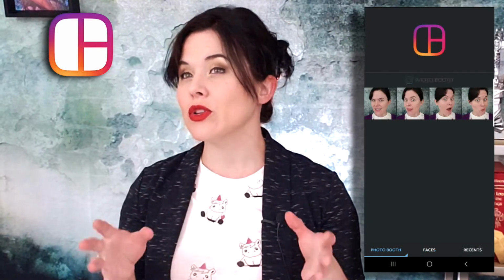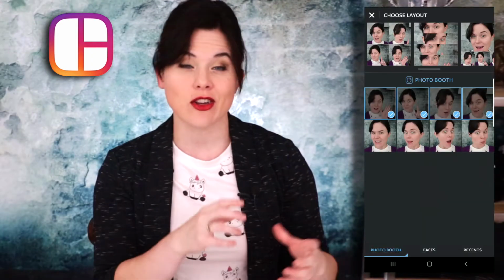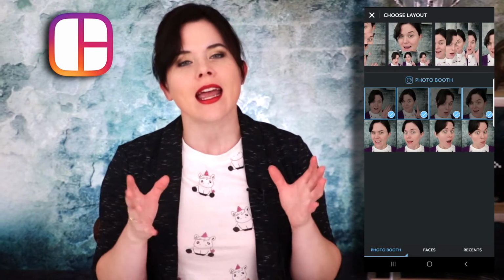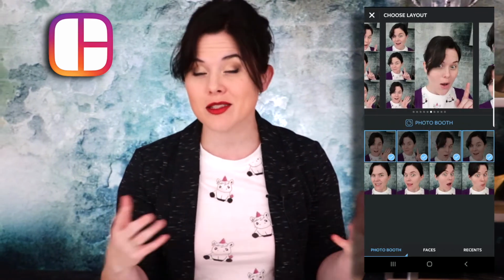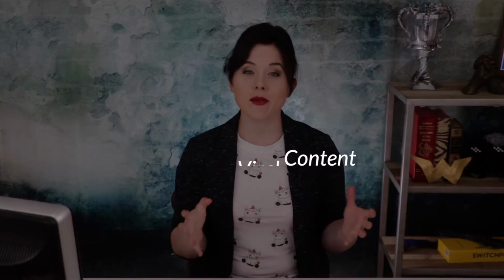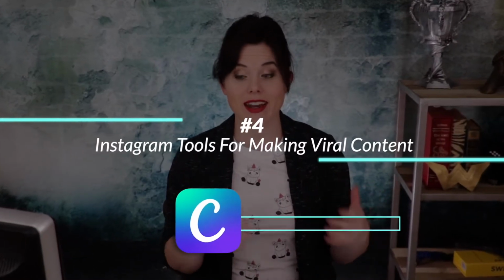So they have a pretty cool, unique feature called Photo Booth, and this takes a series of 4 pictures in a row, and then it populates them into different collages that you get to select which one you want to work with, and then you can edit it as you want after that. But it's a fun little thing. You can do a little photo booth with you and your friends using collages and make some great content for your Instagram account. Number 4 is Canva, and this is the one that I've actually talked about before.